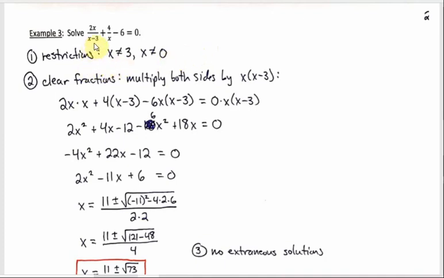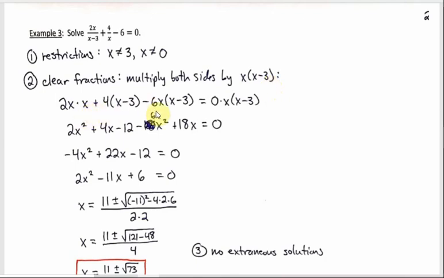x being equal to 3 would make that denominator 0. x being equal to 0 would make that one 0. So those are our true restrictions. x can't be 3, x can't be 0. All right, then clearing fractions. If we multiply both sides by x times x minus 3, the least common multiple of the two denominators,